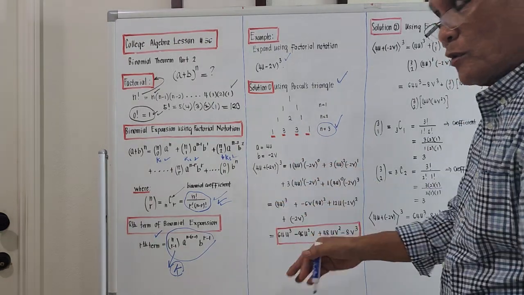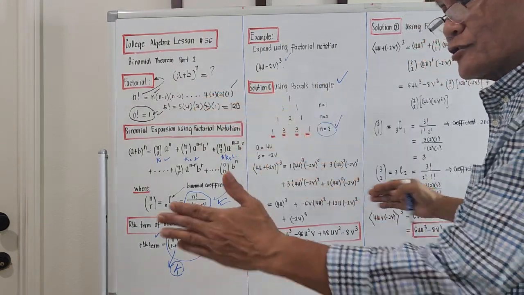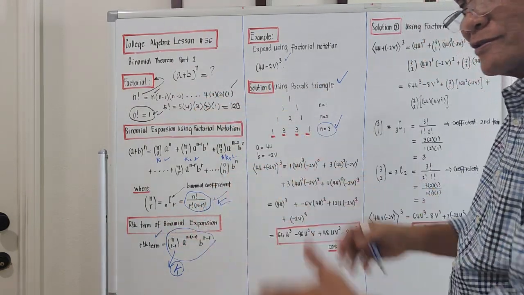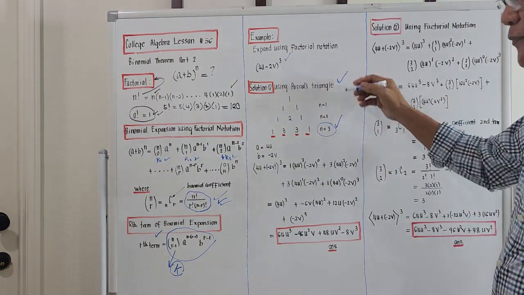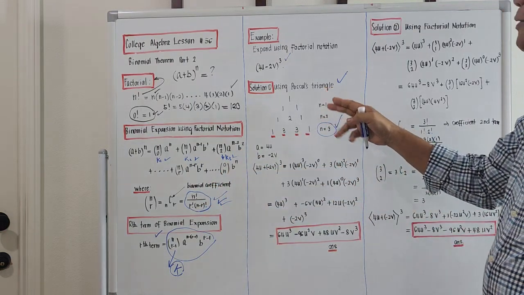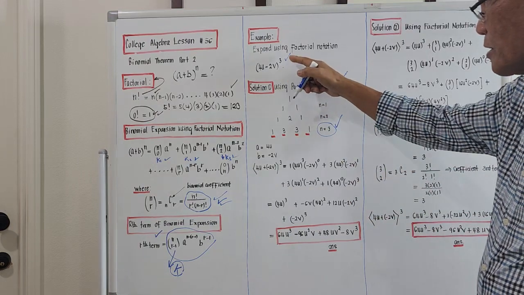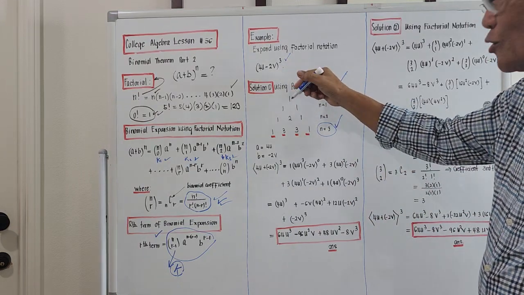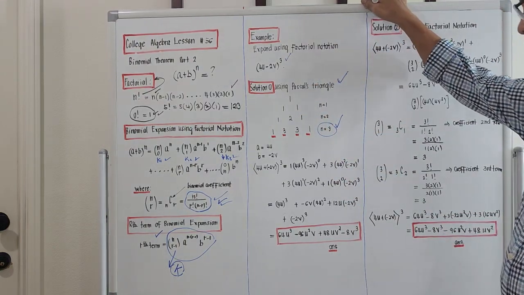Then later on, we will be expanding this one by using the factorial notation, and let's try to compare the two answers if they are the same. By using Pascal's triangle first, this was the topic the last time around. If we try to compute for the coefficient of the expansion, there should be 4 terms, right? It should be n plus 1. So if we try to construct the Pascal's triangle,